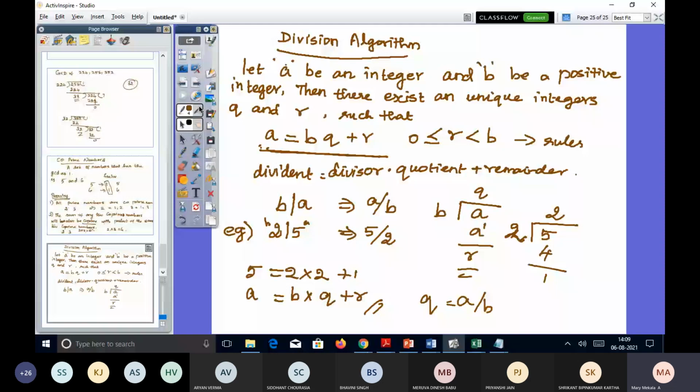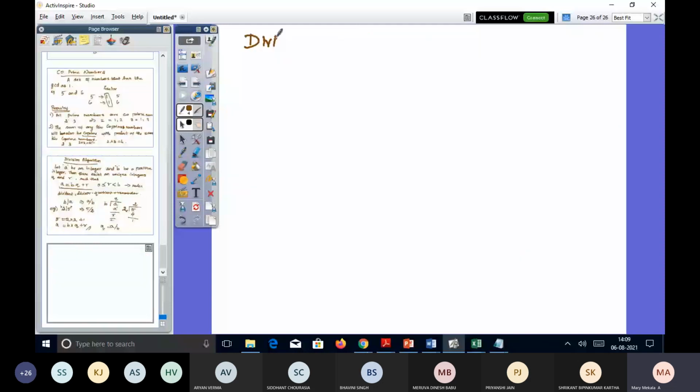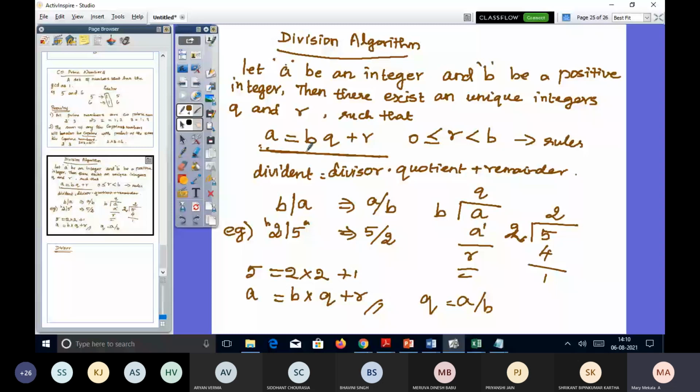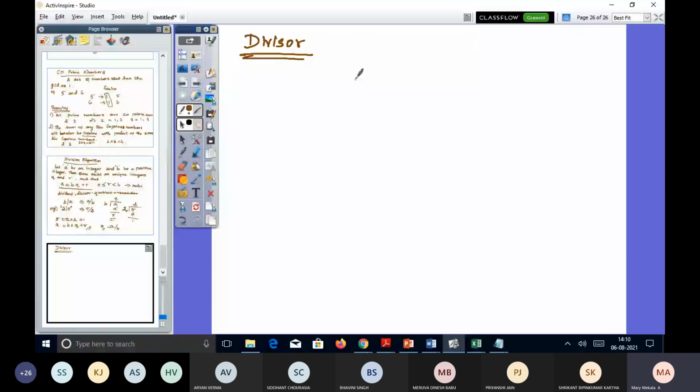So this particular concept we have to see. So what we can call it as a divisor means the divisor is a number that exactly divides another number and it will leave no remainder. Okay, so that's that particular one we are calling it as a divisor. Just now I told you here, this is the divisor and this is the divider. How do you give a definition for this divisor? It is a number that exactly divides another number and it leaves no remainder. That's the term we can give for divisor.